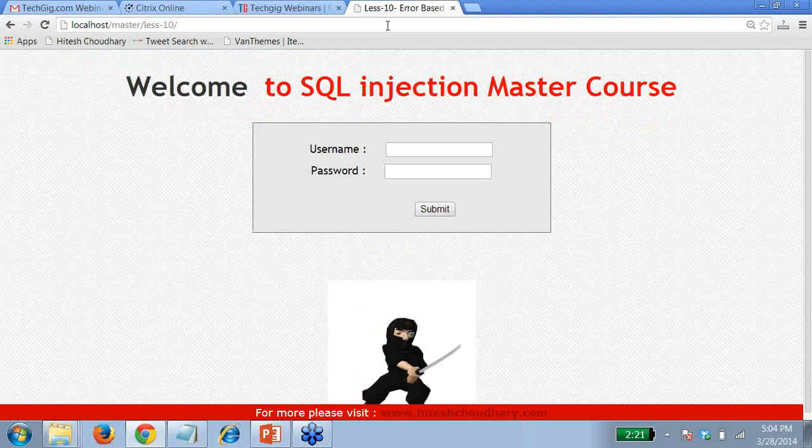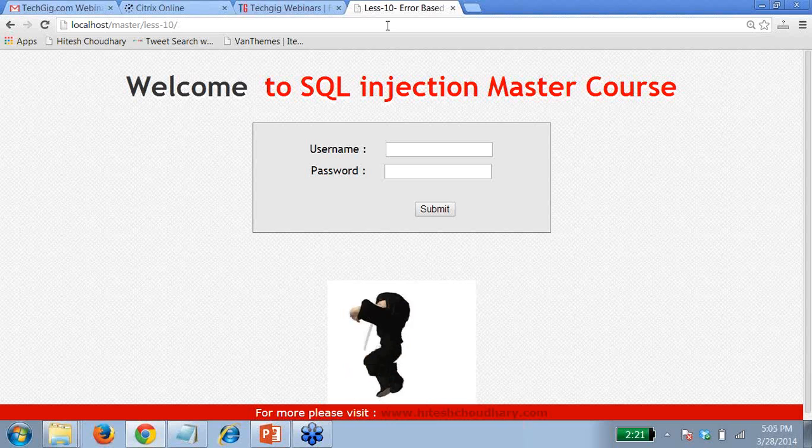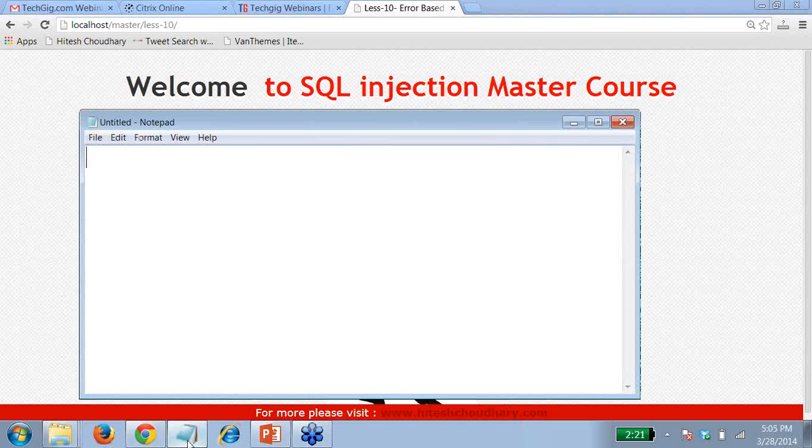Now what is going to happen, you might have seen these kinds of forms and everything out there in lots and lots of websites. And what people do, let me open up a notepad so that I can share some things with you. People are going to show you some things like, hey Hitesh, you can put something like this, 0 single quote or 0 quote